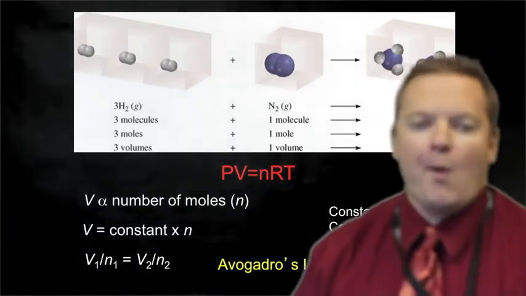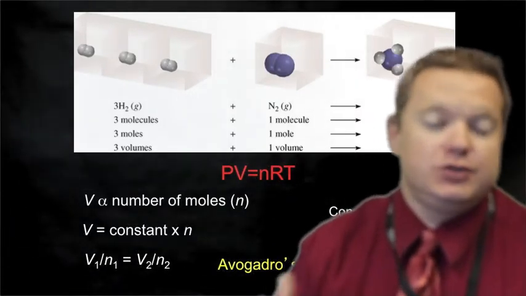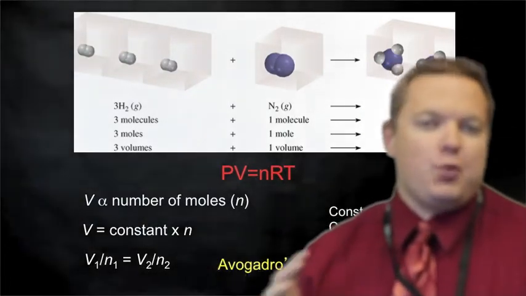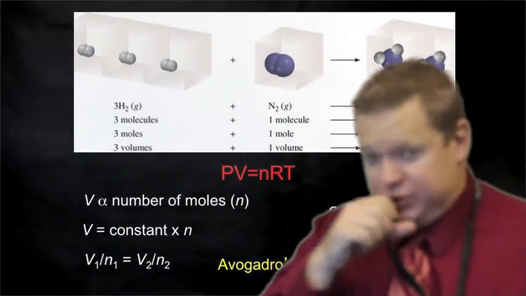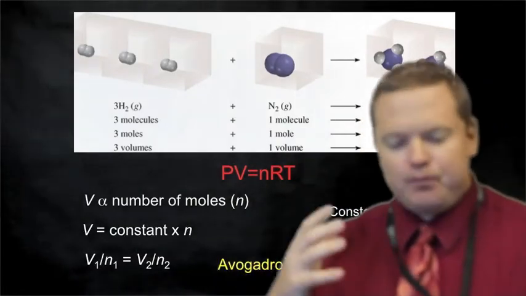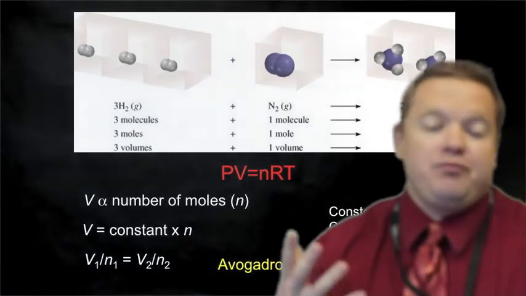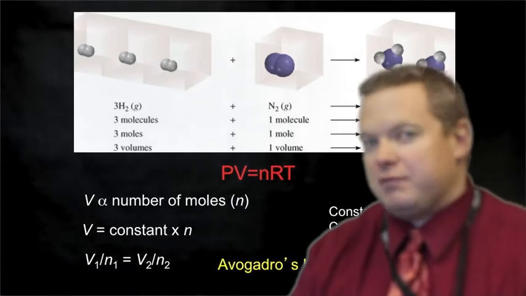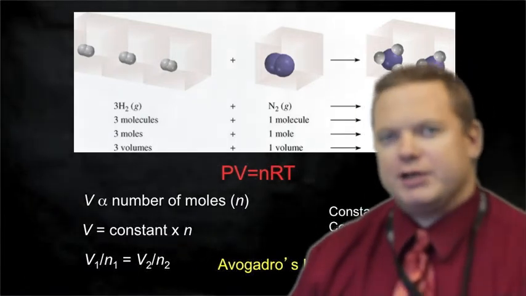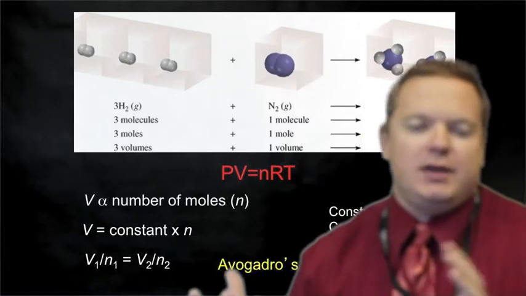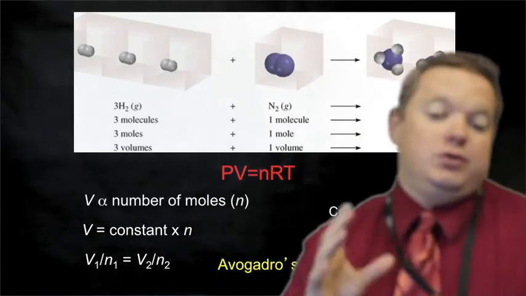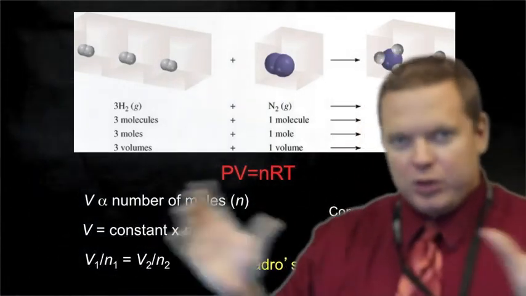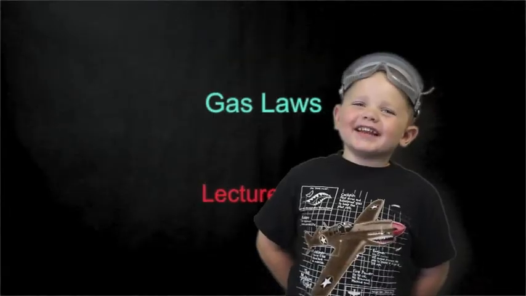But we can also just do calculations of gases using PV equals nRT, or the ideal gas equation. So either way, we can get information about these gases. I'm not necessarily concerned that you have memorized what Boyle's law is, or what Charles' law is, or what Avogadro's law is, or I believe there's another one in your textbook. But if we manipulate this ideal gas equation, we can always do what we said: things that are changing on one side, things that aren't changing on the other. So those two states are always equal.